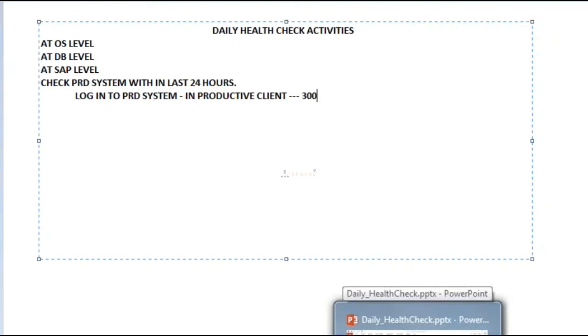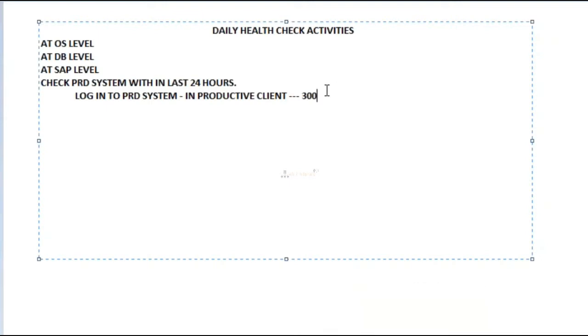One more important point is, whenever you are doing daily health check activities, every client will have a different format for this.